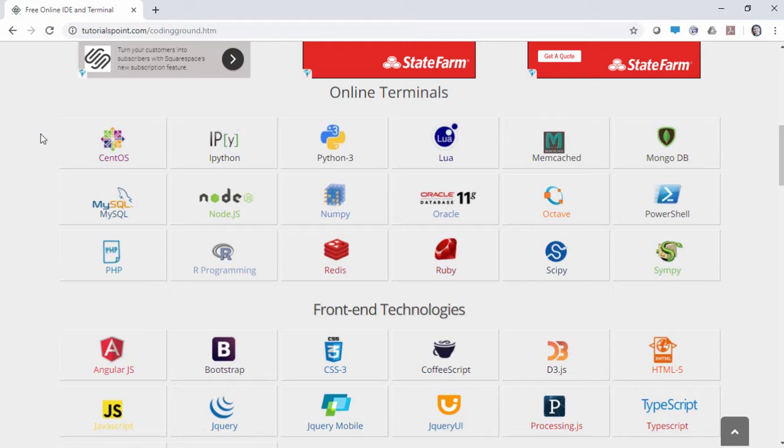writing. Now, basically, we have three different kinds of things that we can do in Coding Ground. We can write scripting language, or we could do some scripting code. And by the way, that icon was Python. Like I said, it was a little bit faded out on my monitor, so I couldn't really identify it. So let's move on. Anyway, your online terminals are your REPLs or your command line scripting languages that you